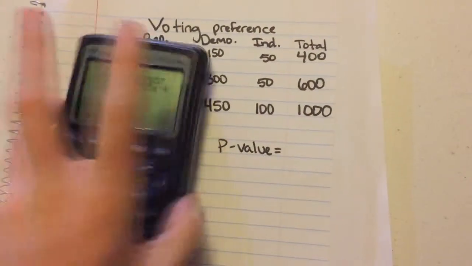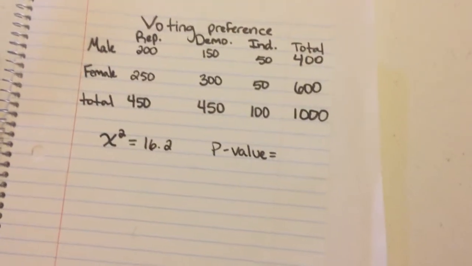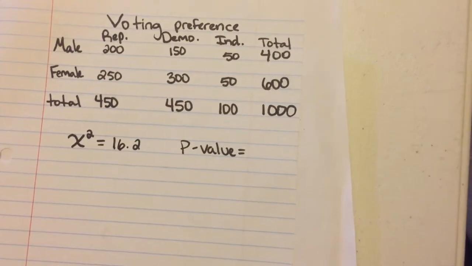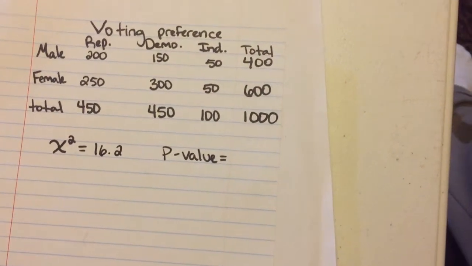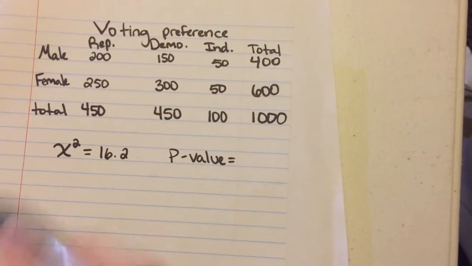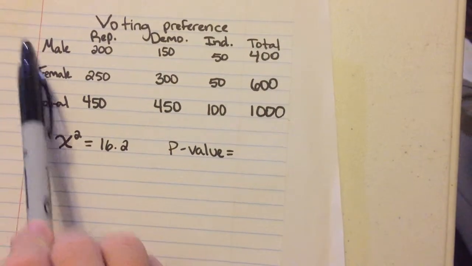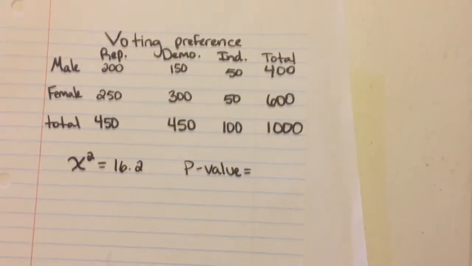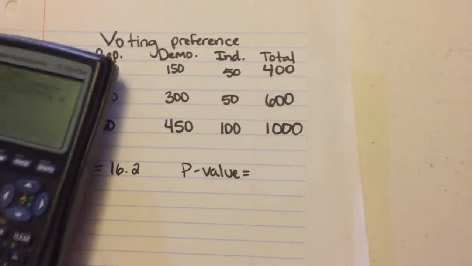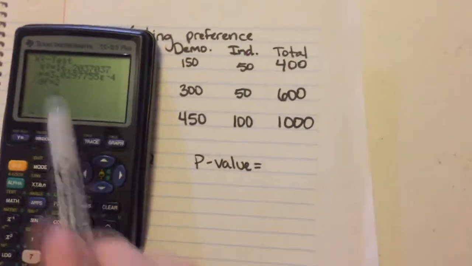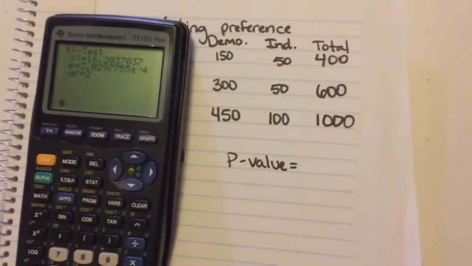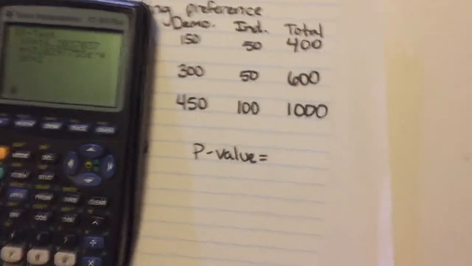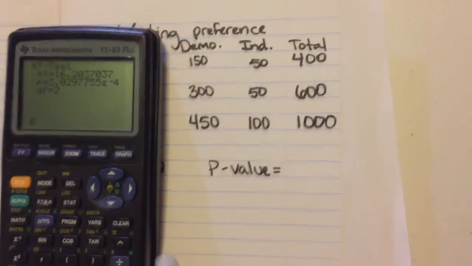And the p-value is the probability that it can be proven wrong. So what we're testing for is the null hypothesis and the alternate hypothesis. And so saying that gender is dependent upon voting preference, or there's a correlation between the two, how can that be proven wrong? What is the possibility that it can be proven wrong? And so the way I've remembered that, if you have a low p-value, that's a good way to remember that you're going to accept the alternative hypothesis that is saying that they are dependent on one another, and we're going to set